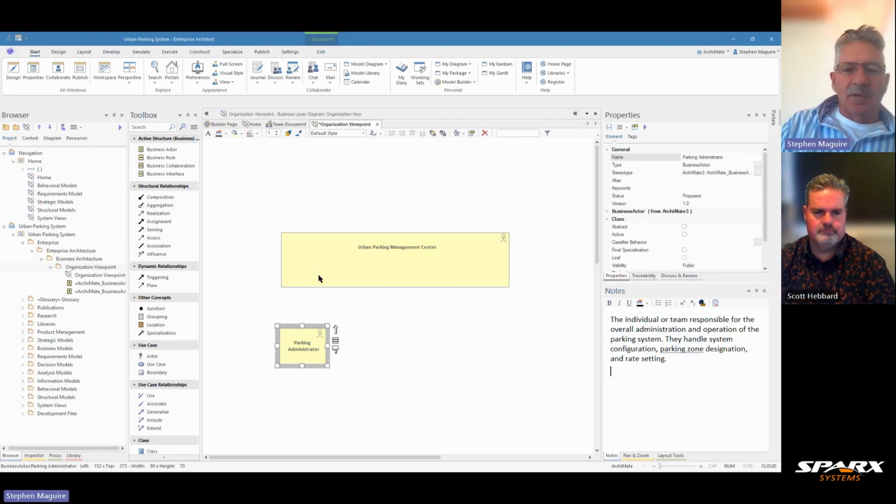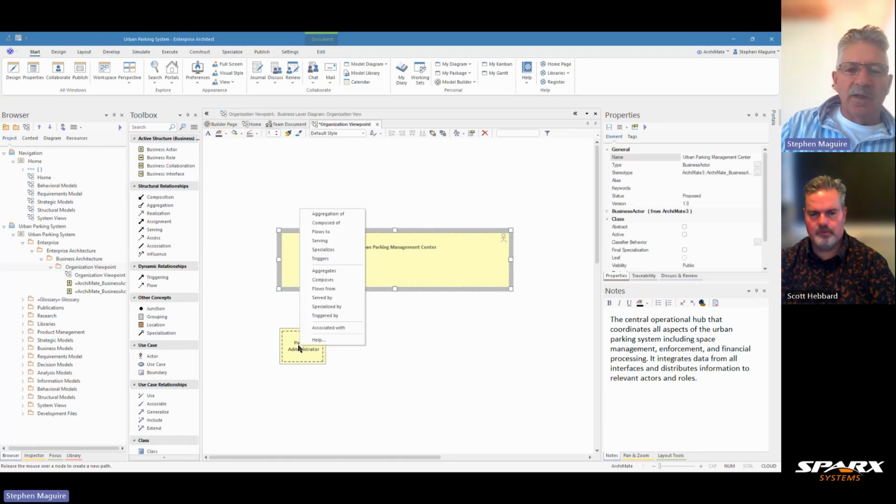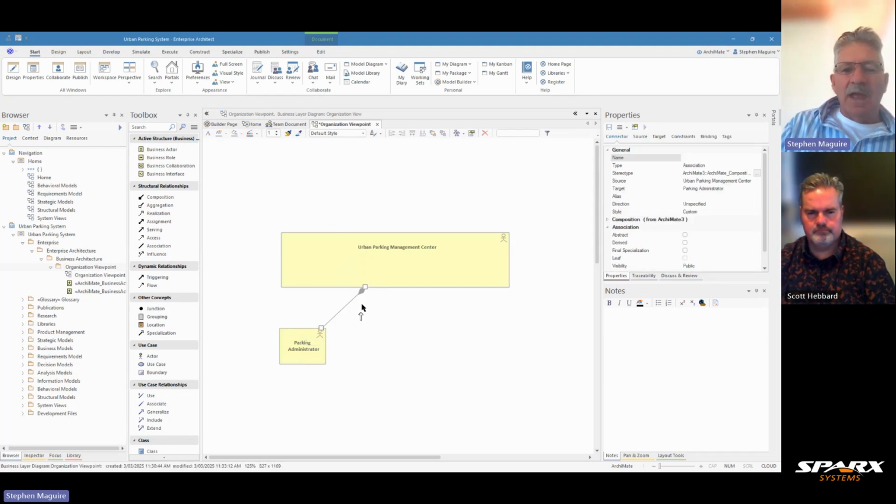So let's put in some connectors here as well, and we'll use the quick linker there, drag it from the Urban Parking Management Centre into the middle of the parking administrator there, and we're going to use composed of. So Enterprise Architect pops up a list of available connectors that are part of the specification, so you're going to be on the right track. We'll put that in, and there we've got the parking administrator in the diagram now. And we can keep going and putting other